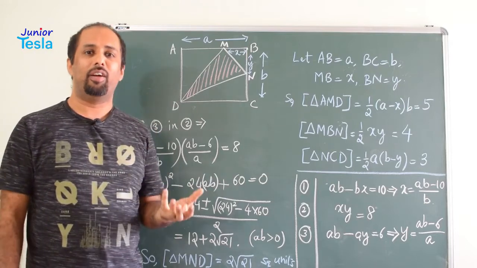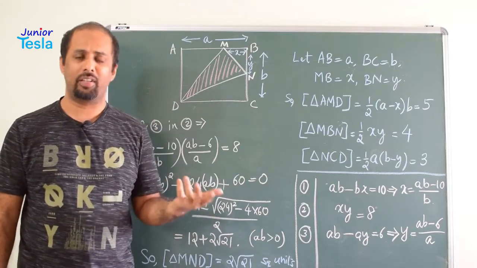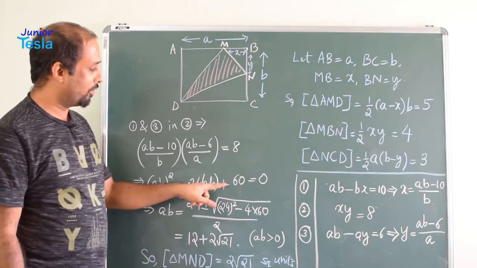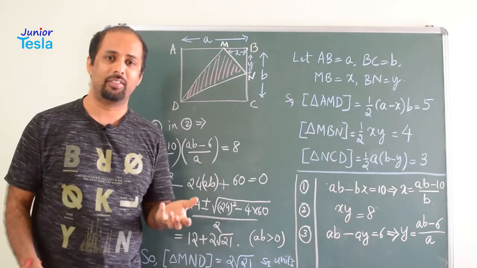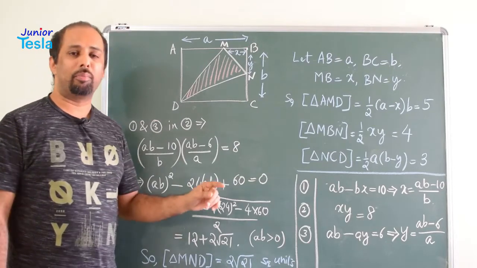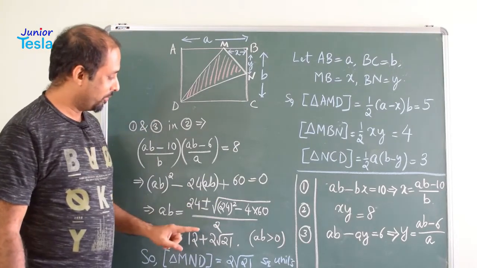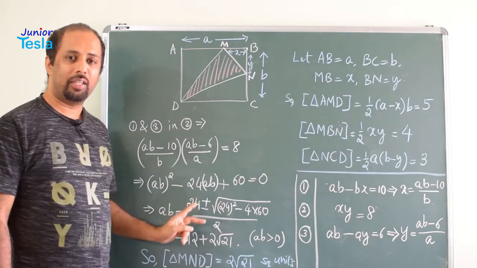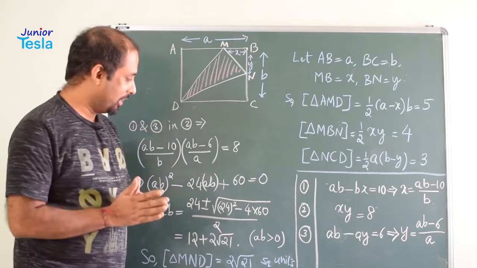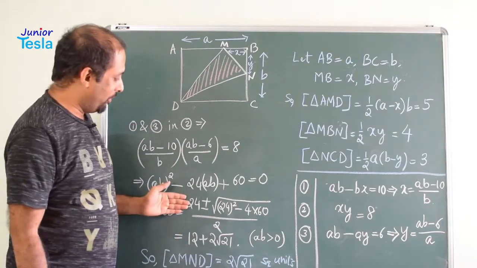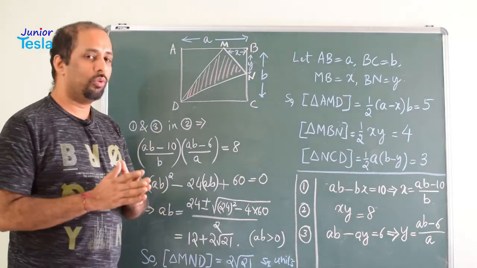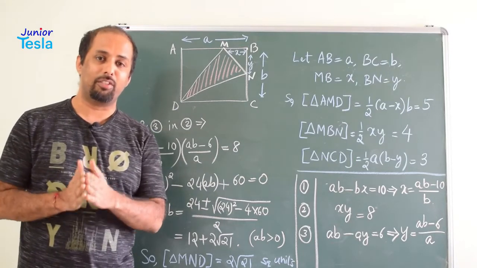So we can find the value of AB using the formula or factorization, anything. Here the formula is better because it involves 24 and 60, so we will not directly find the two factors. Let us go for the formula method. AB equal to minus b plus or minus root of b square minus 4ac, divided by 2a. When you substitute the values for a, b and c, you will get 24 plus or minus root of 24 whole square minus 4 into 60, divided by 2. If you simplify this, you will get AB equal to 12 plus or minus 2 root 21.